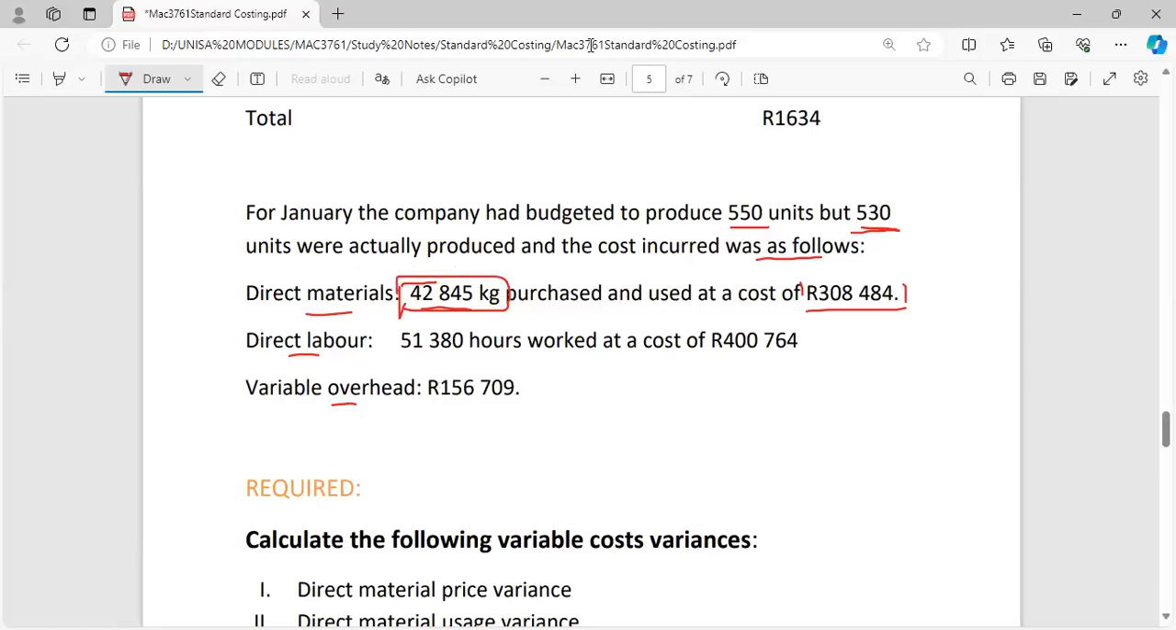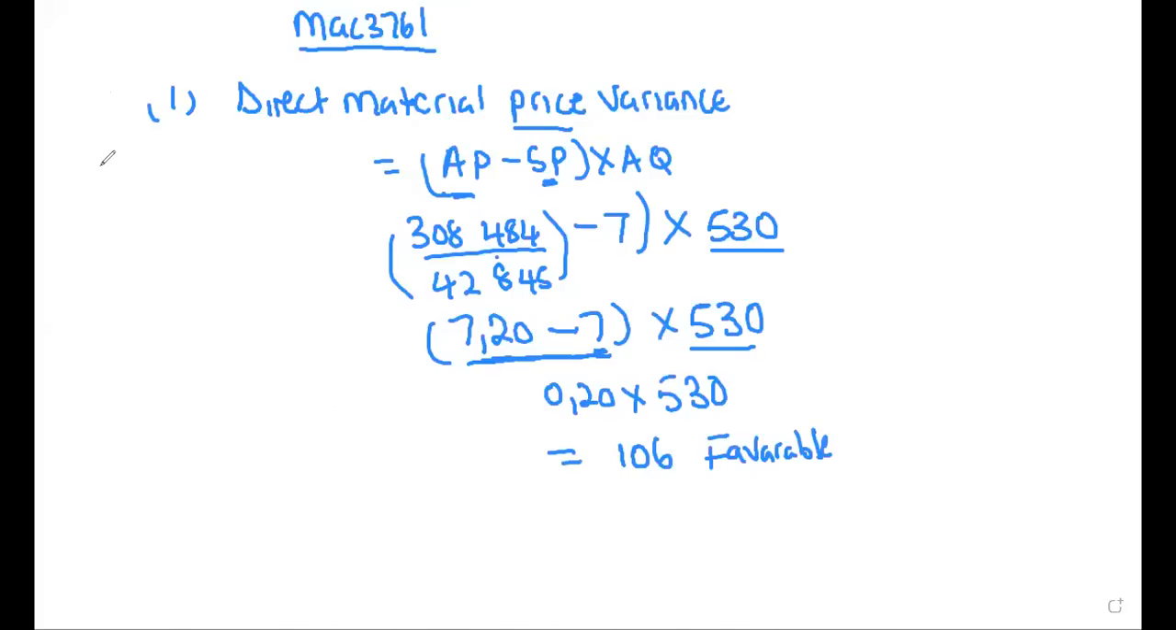Okay, so that's where there is an error. Let's just correct that error, which means we're not going to use this one. It won't give us the correct answer. We need to use the actual quantity that was used in kgs, because this 7 rand is per kg. So here it's going to be